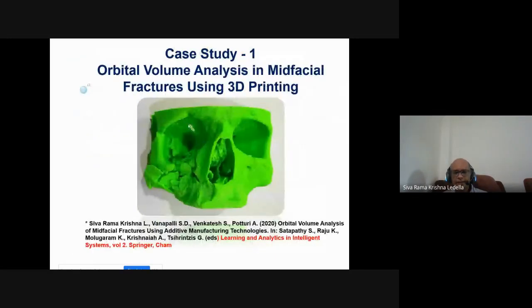So what is the importance of this? You can see in the previous screen, the eye will be positioned here, inside. If there is any fracture here, the eyeball will get displaced, so your vision gets affected a lot. Your eyeball resides in a liquid, which is stored in this area, called the orbital volume region. When the fracture happens here, the eyeball gets displaced and your eyesight gets affected. So the doctor has to perform an operation to restore this orbital volume.